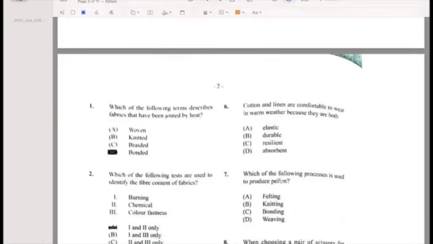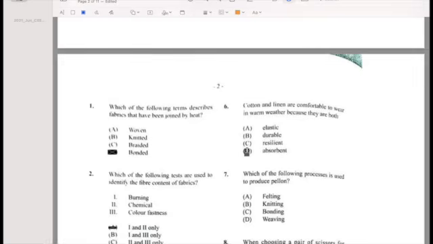Cotton and linen are comfortable to wear in warm weather because they are both what? So if your answer is D, absorbent, then you're correct. Let's go to number 7. Which of the following processes is used to produce? Let's go with